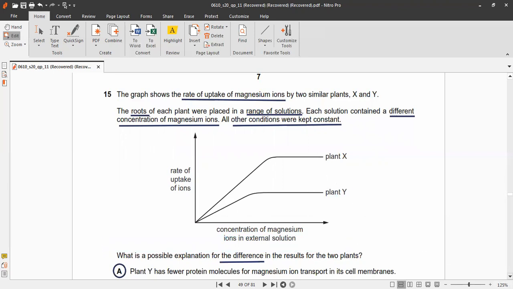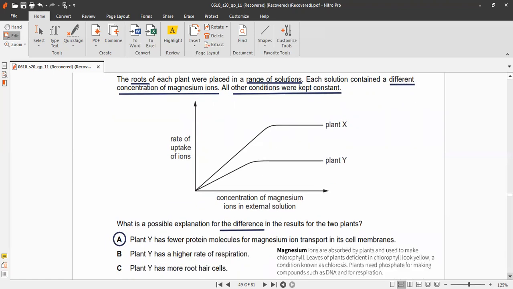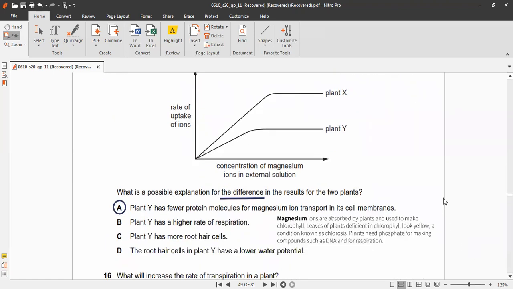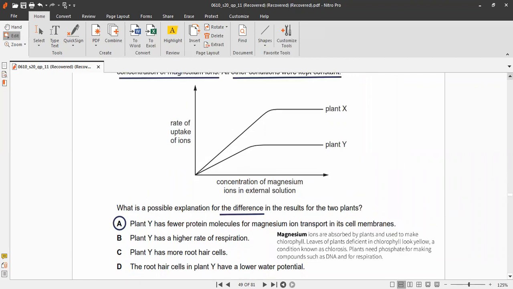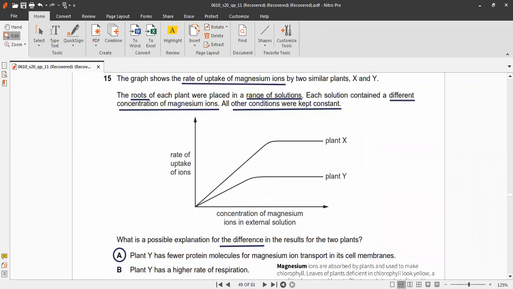Okay, this is about what? It's about magnesium ions, which are absorbed by plants and used to make chlorophyll. Leaves of plants deficient in chlorophyll look yellow. So this point is about roots, about active transport. Active transport. Because plant Y